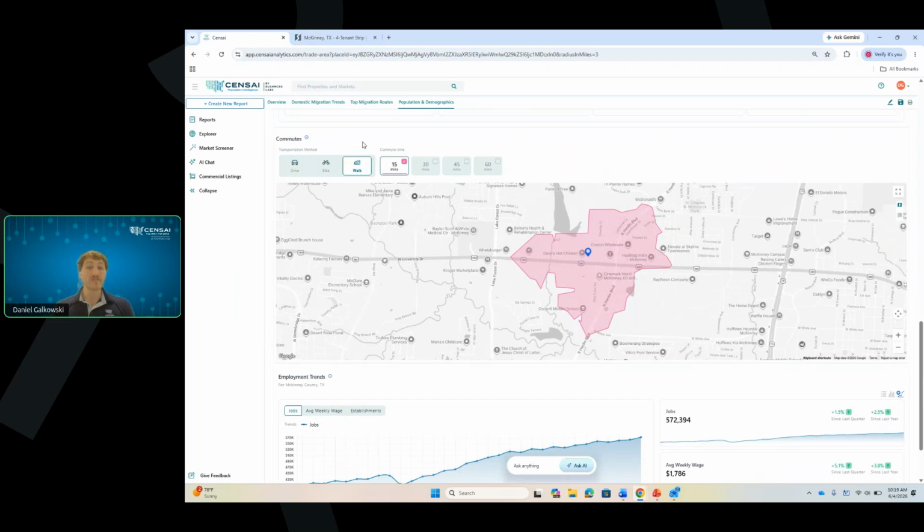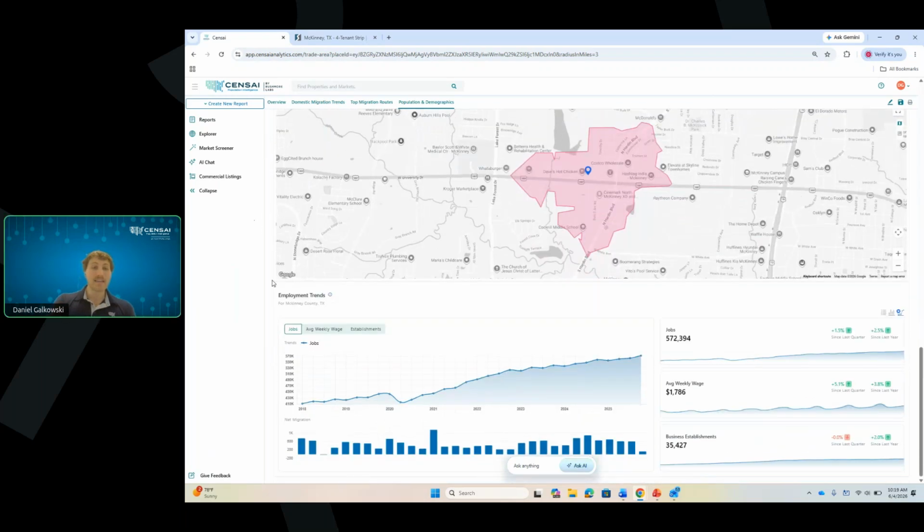Additionally, on the retail space, it's great to be able to see what's within a 15, 30-minute walk or drive of my property, and what are some of the competitors here before actually deciding to open our business there. And then lastly, we'll go into some of employment trends. So you're able to look at jobs, weekly wages, and establishments, and also view this as another metric to view over time when looking at the holistic picture of your trade area report.